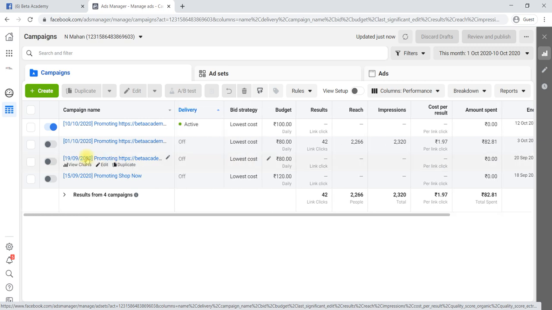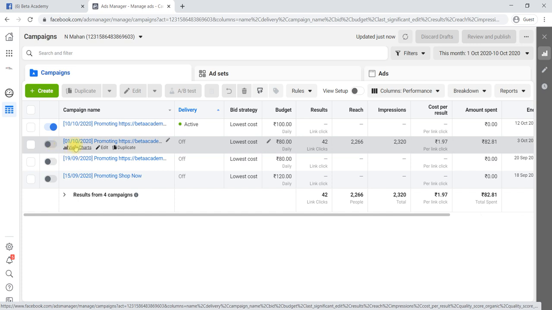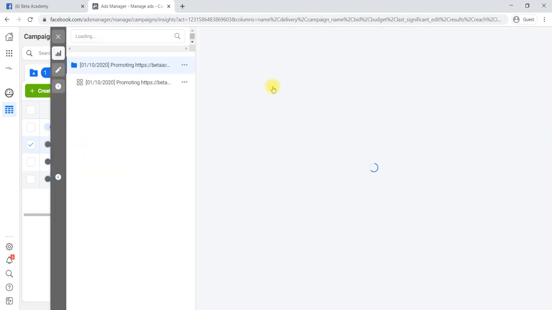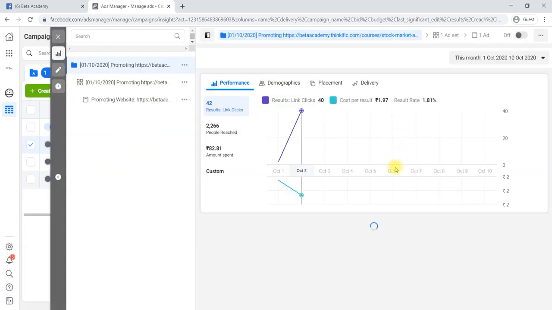What is the use of this particular Ad Manager? For example, if you'd like to inactivate or turn off this particular campaign, you can directly select this one to turn off the campaign. And if you'd like to know in detail how this particular campaign performed, you can go to view charts to check the performance of the campaign: how much reach, how many clicks, how much amount we have spent,